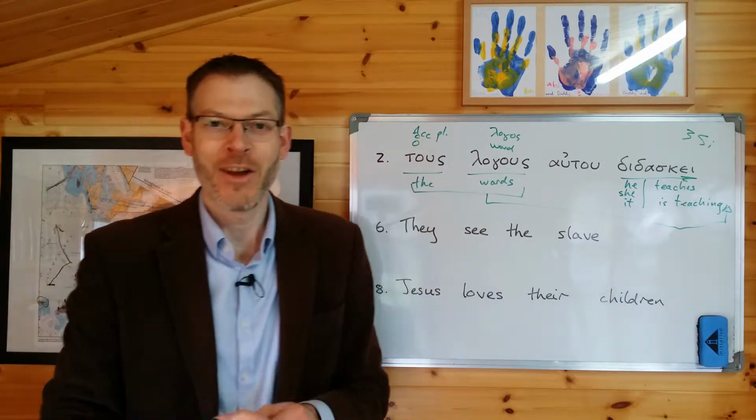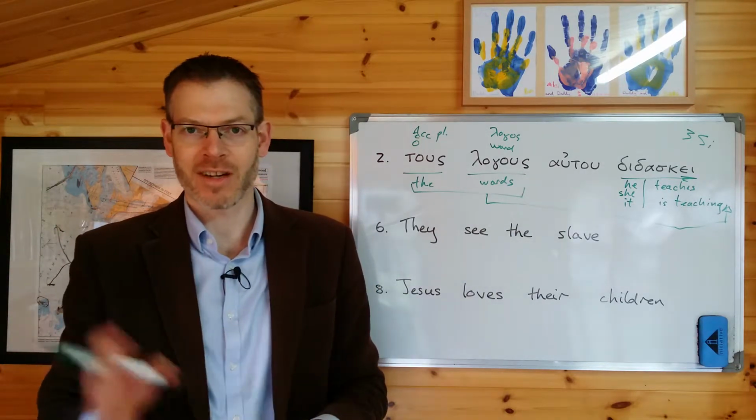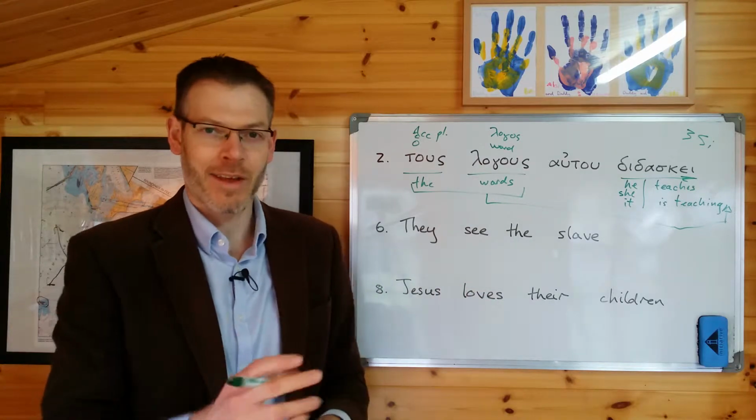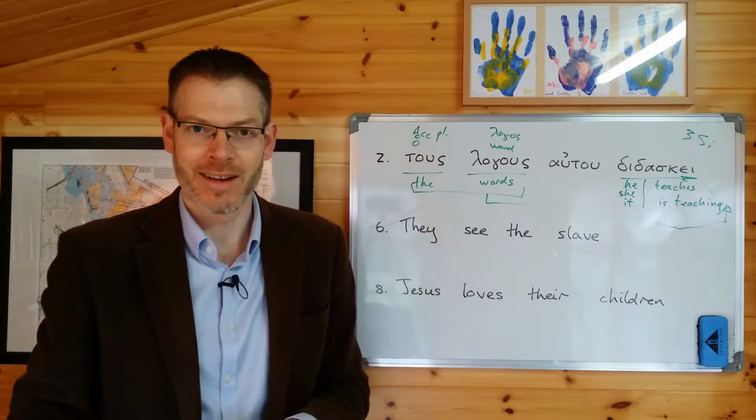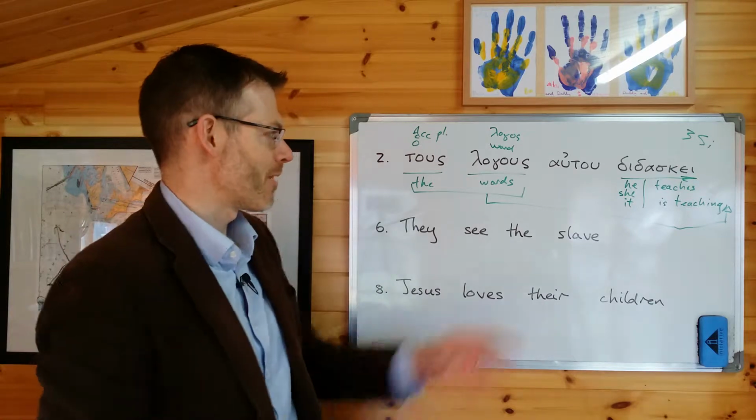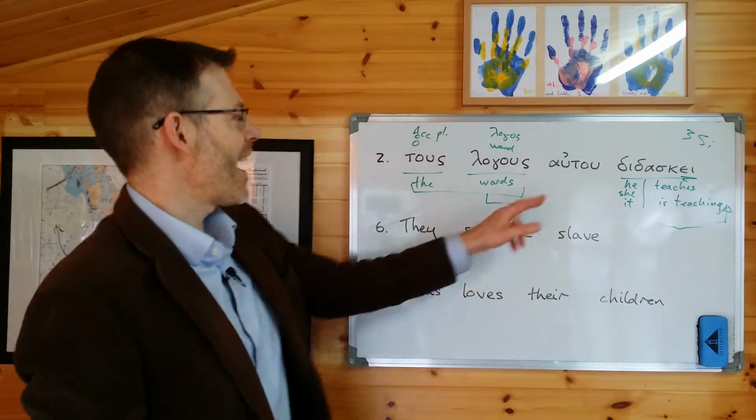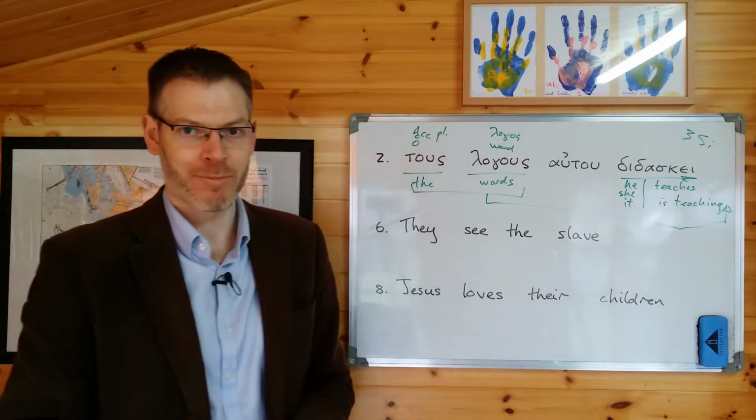So the way to translate always is verb, subject, object, everything else. And everything else, well, when we get more of everything else to look at in the future, we'll work out what order to put those in. But at the moment, you've only got one other thing, and it's autu. And that is the third person pronoun.